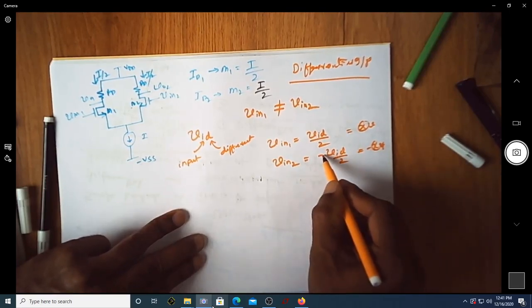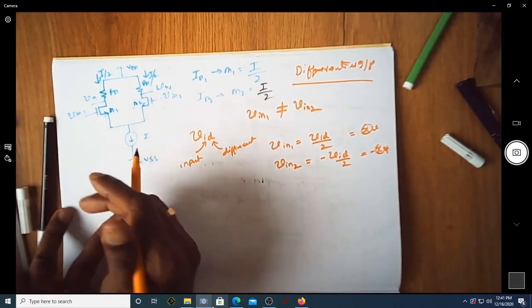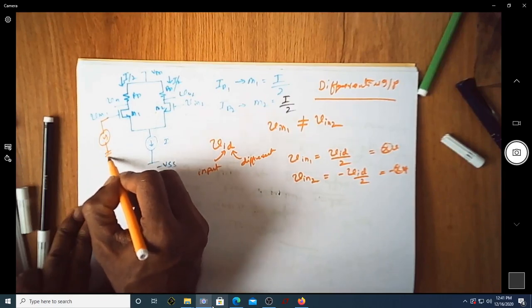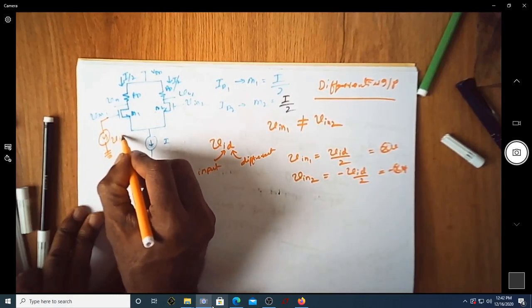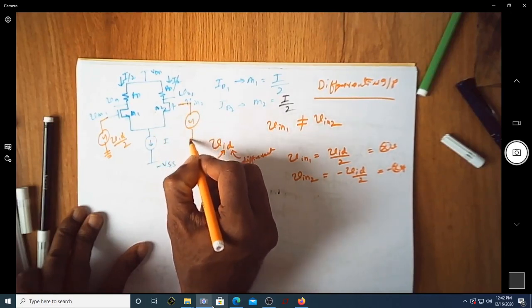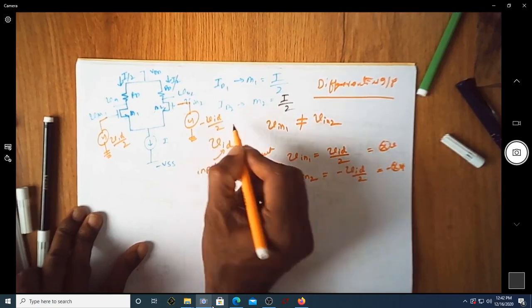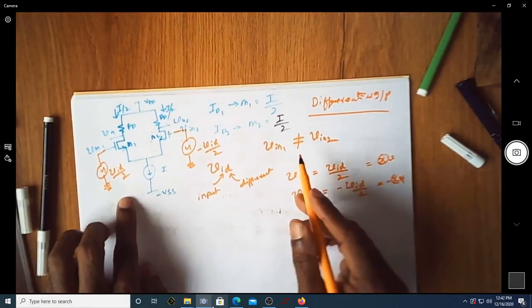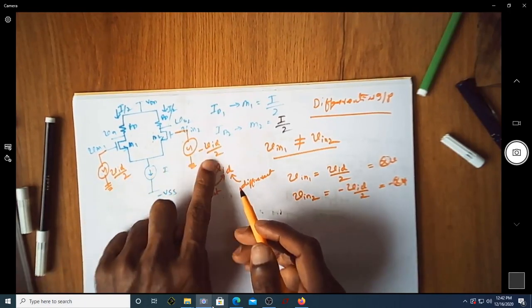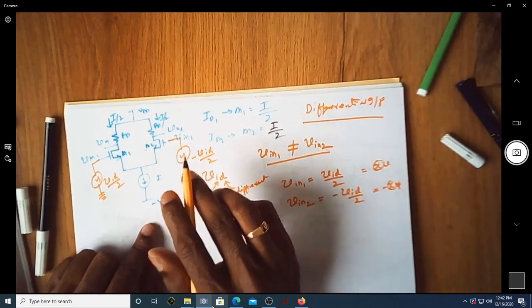Since this is out of phase, I will say this is different from this. So what I'm applying are single-ended input voltages, VID by 2 and again a single-ended input voltage, minus VID by 2. Of course, the condition is still satisfied: VID by 2 is not equal to minus VID by 2. So this is a valid differential input,